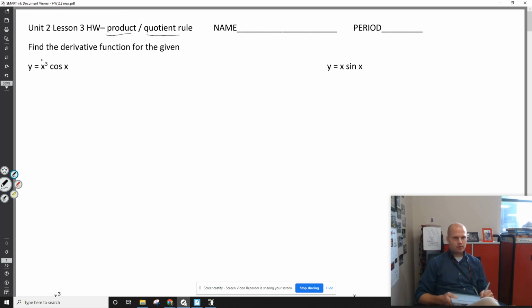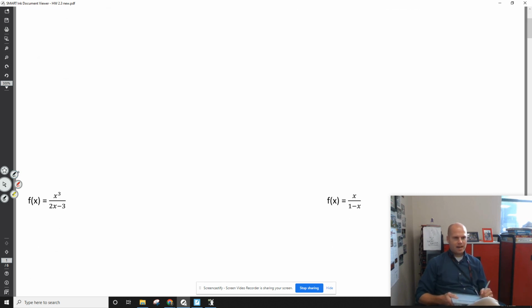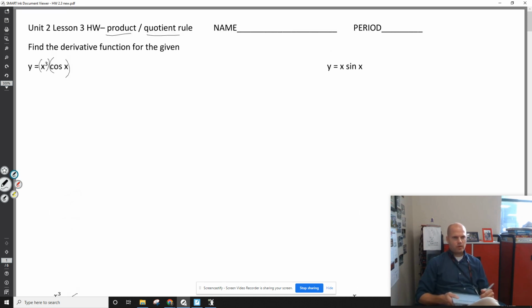We learned that the derivative of products and the derivative of quotients is not as easy as you may think. You can't just take the derivative of the first and the derivative of the second and multiply them together. Like this is the derivative of x cubed, this is the derivative of cos x. So that's wrong. Instead, if you have a product rule, I like to say you have like a first piece